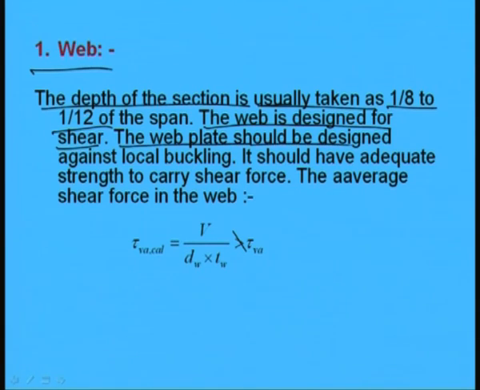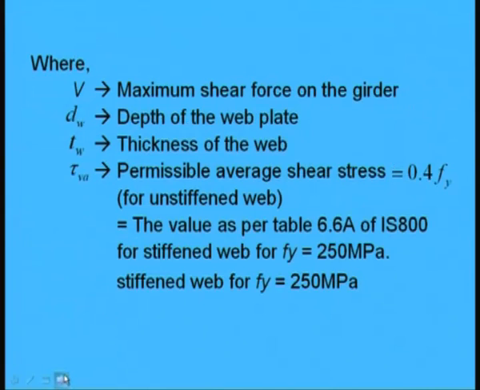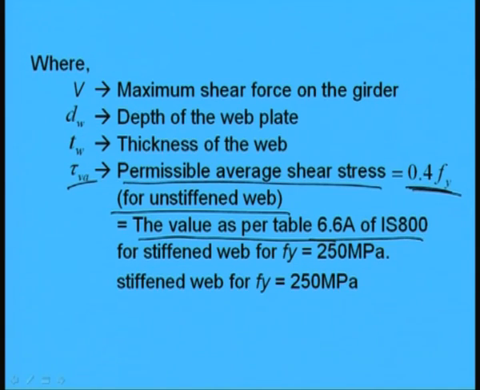The web plate should be designed against local buckling. It should have adequate strength to carry shear force, and the average shear force in the web, as we know, is tau v cal, that can be found as V by dw into tw. We know this formula already, and it should be less than tau va. Tau va is the permissible shear stress, which is also given in the code. Tau va, the permissible shear stress, should be 0.4 Fy. This is for unstiffened web, and for stiffened web the value is given at